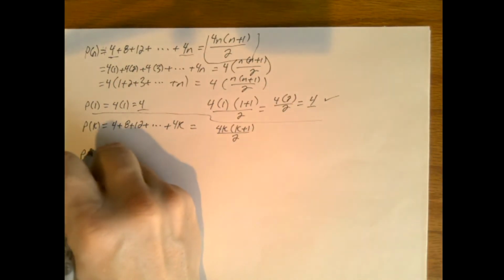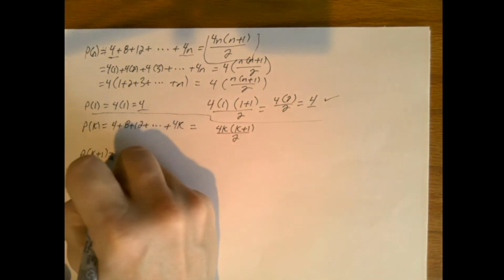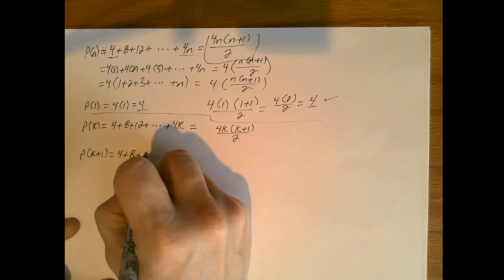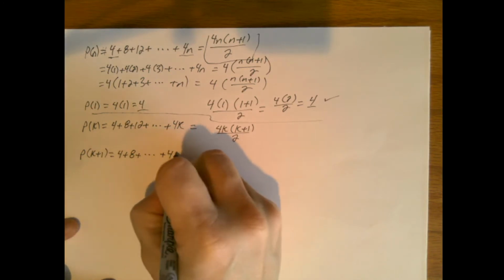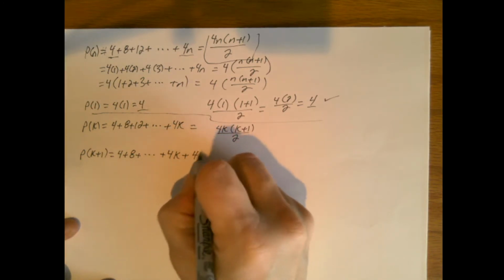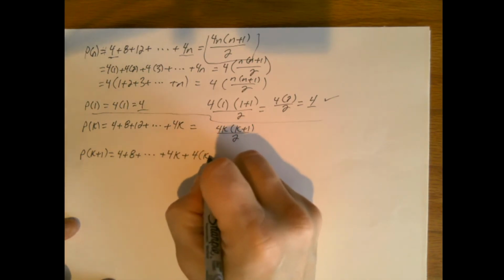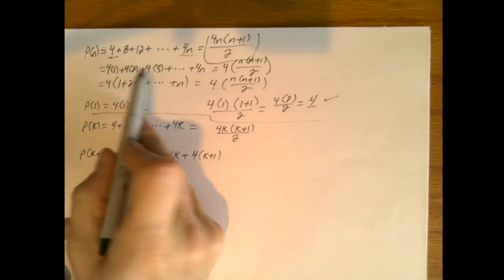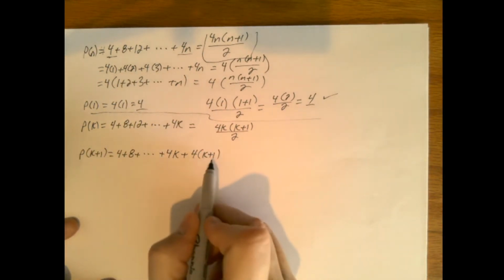And now P of k plus 1 is equal to 4 plus 8 plus dot dot dot plus 4 times k plus 4 times what? K plus 1. Because remember, these are growing each time. 4 times 1, 4 times 2, 4 times 3, 4 times k plus 1,